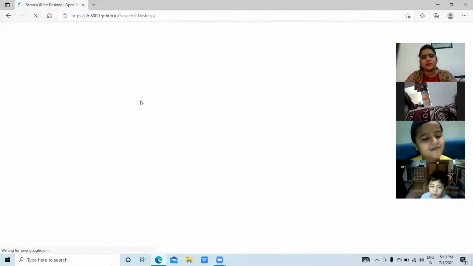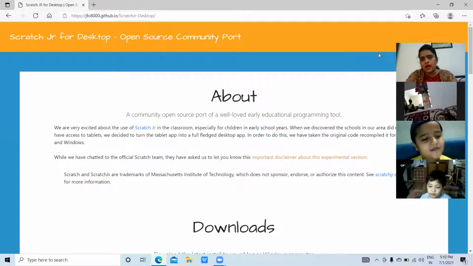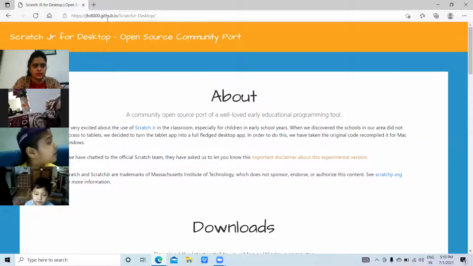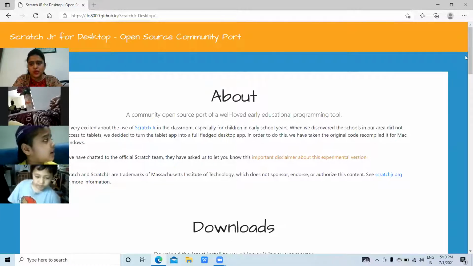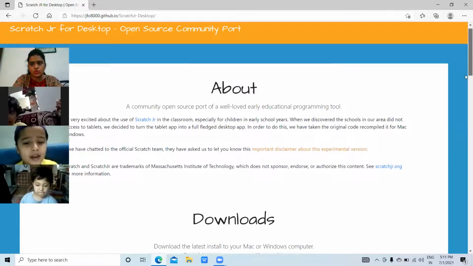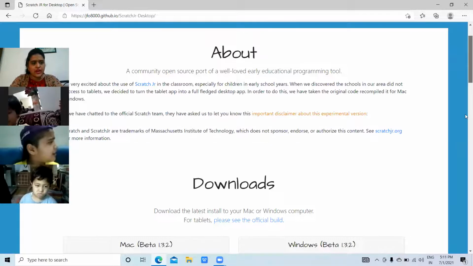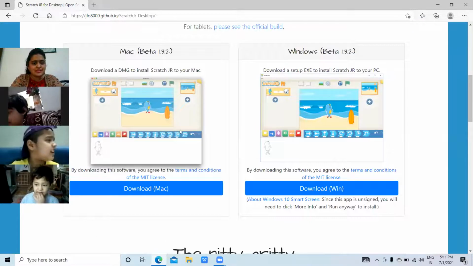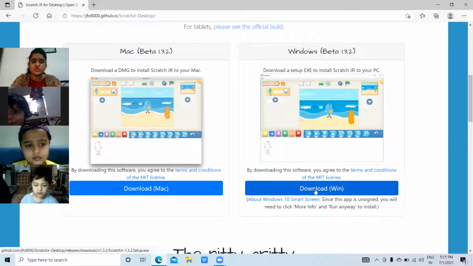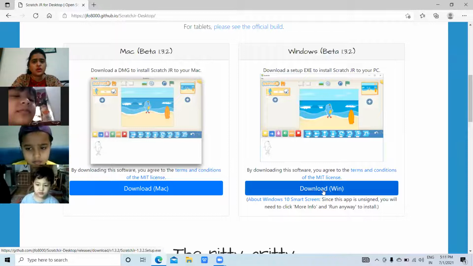When you open it, you have to scroll down. These are the two options: this is for Mac and this is for Windows. Since we are using Windows, we'll click here, download Scratch Junior for Windows.